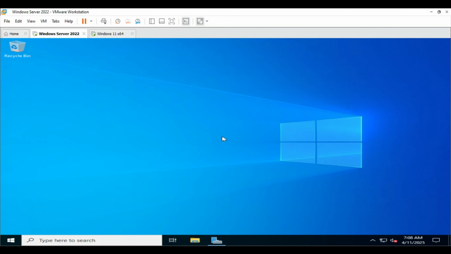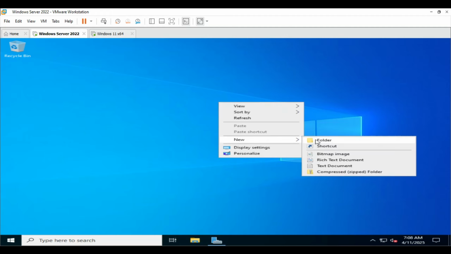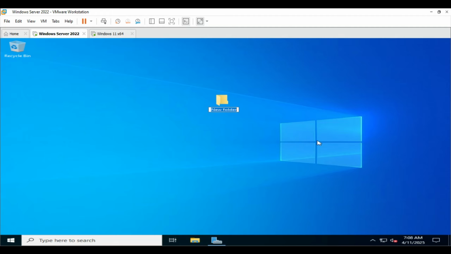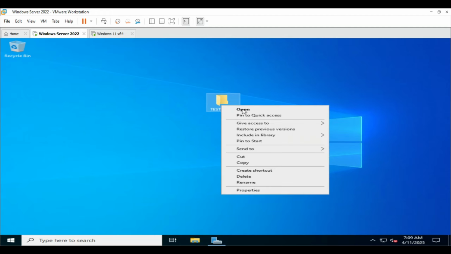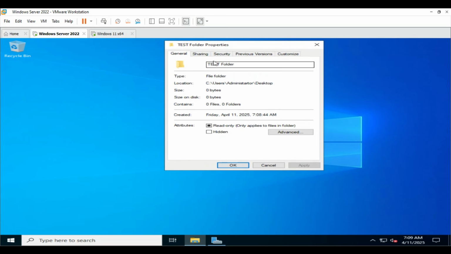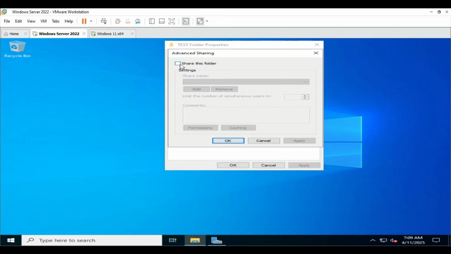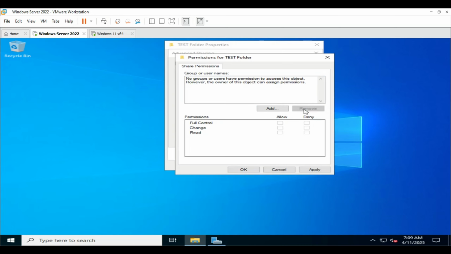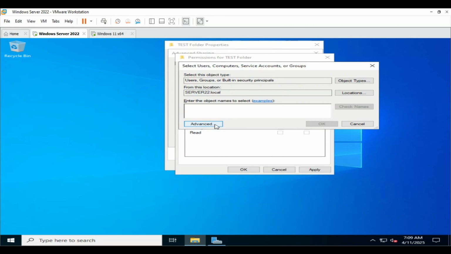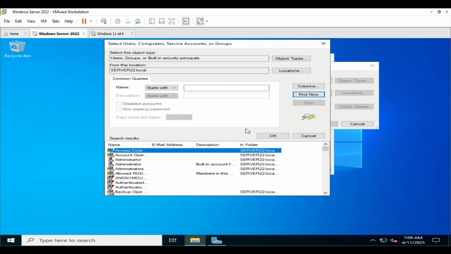Now first go to the desktop on your server, right click, click on new, select folder, name the folder. I name it test folder. Now right click on test folder, then click on properties, go to sharing tab, then click on advanced sharing, check the box share this folder, click on permissions, remove everyone, click on add, click on advanced, click on find now, select a user from the restricted user organizational unit,